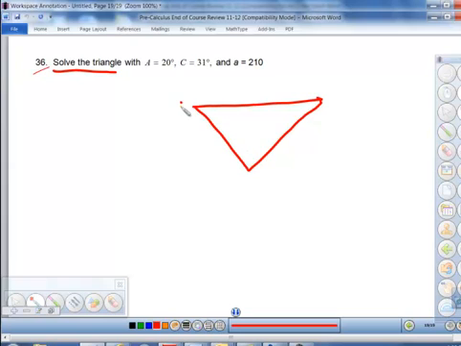Okay? And I do know that if A is right here, little a has to be right there. And then if B is right there,